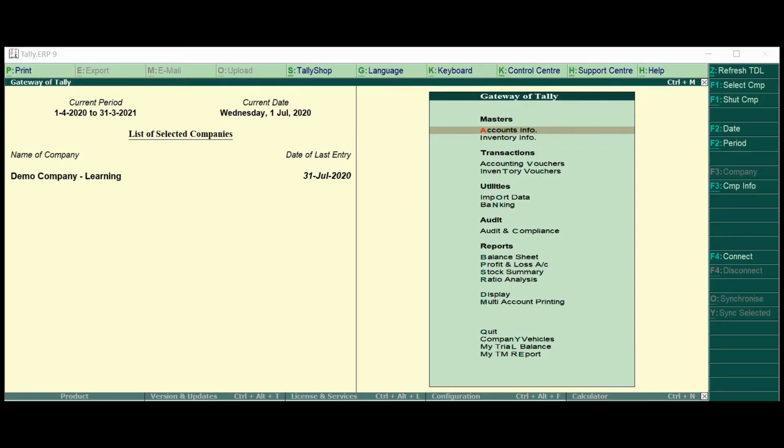In this video, we'll learn about a little complex topic called cost centers. So let's begin. Where are cost centers used? Cost centers are basically an additional way of reporting. Usage of cost centers will help you take better decisions, and it will not directly have an impact on your balance sheet.